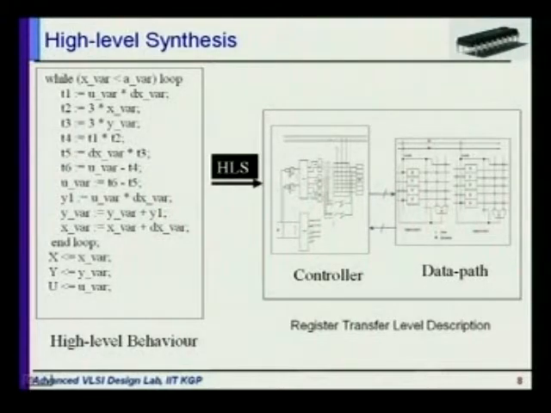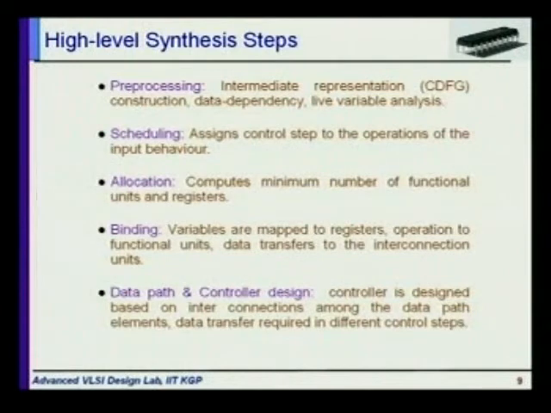So your cost will increase. So one option is, is it possible to share some variable in a particular register? So that you have to decide. And also you have lots of operations here like multiplication, division, addition, and so on. So will we use an individual function unit for individual operations, or will we share a function unit for different operations? So these things you have to decide next, and this is basically the allocation and binding step.